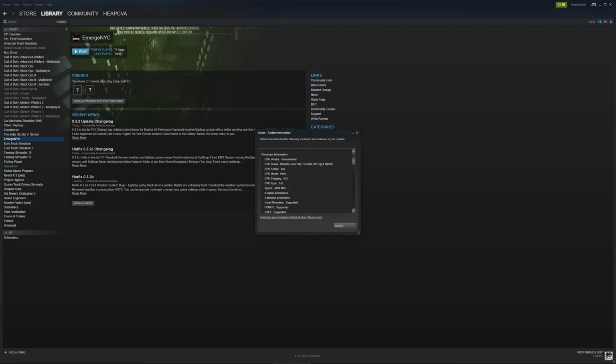You see it in the buildings, the graphics, the sounds, etc. And that's only going to get worse. And so that's one of the places where I can figure out right away, you don't have a CPU with enough power to run this game. And I'm using Emerge NYC as an example, but it is not the only program in existence on my computer or in Steam that has the same issue.